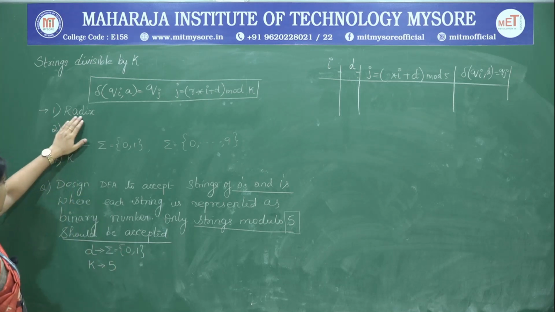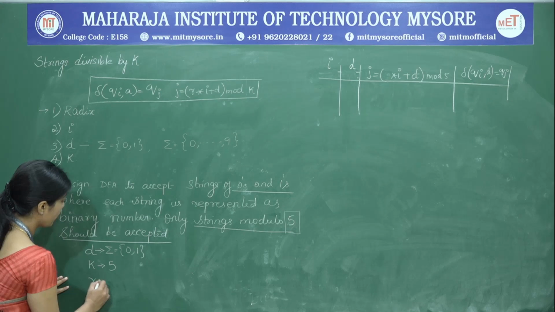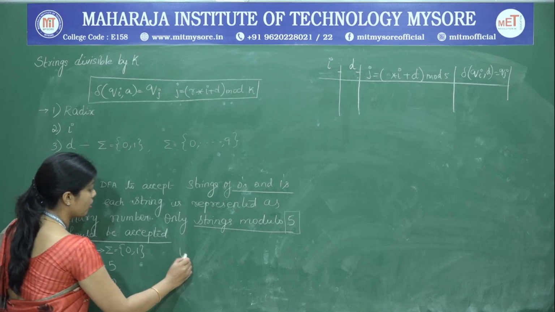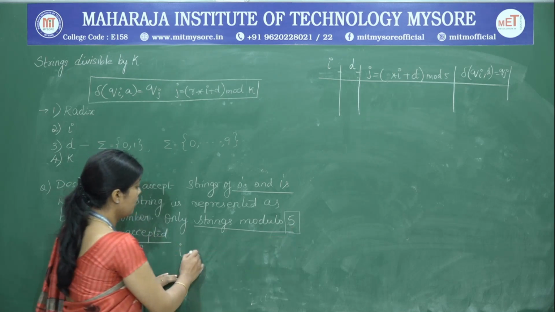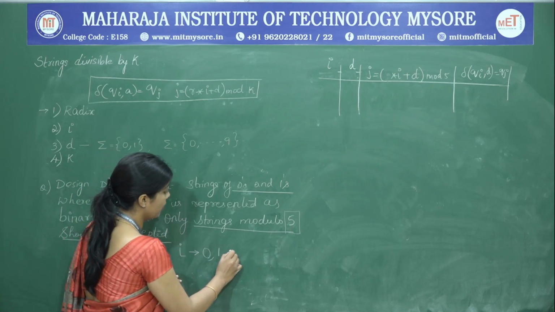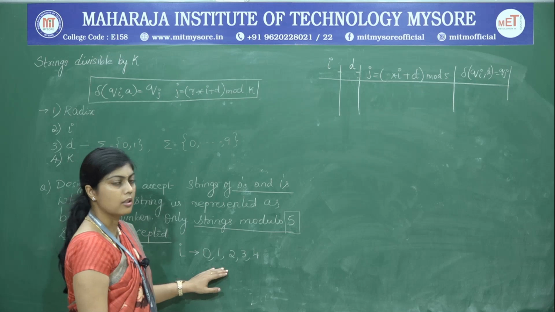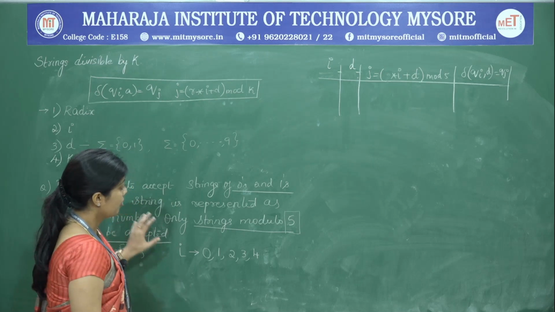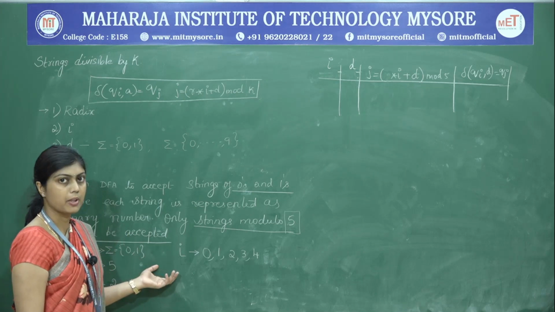And next we are left with the radix. Since we already know that this is a binary number, the radix is going to be 2, that is nothing but base 2. And we are also going to find out all the possible remainders. When a number is divided by 5, the possible remainders are 0, 1, 2, 3 and 4. And I also told you that these are nothing but the different states of the DFA. So we have determined everything. Let us look at some strings which are actually going to be accepted by the DFA and some strings that are going to be rejected by the DFA.